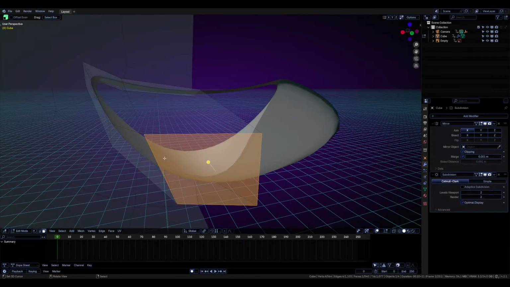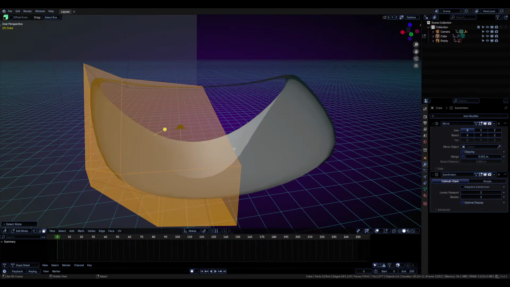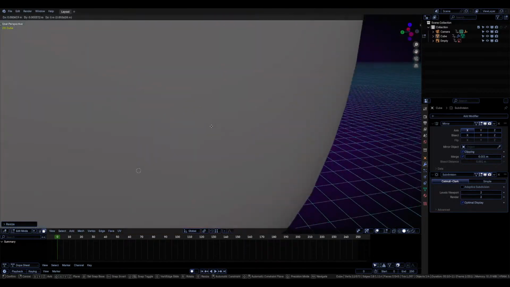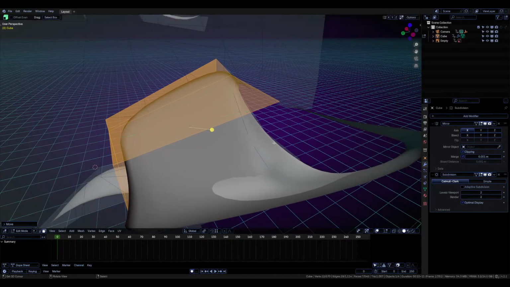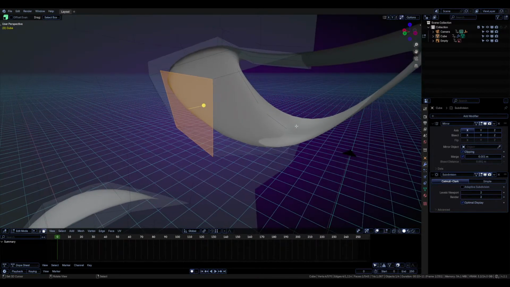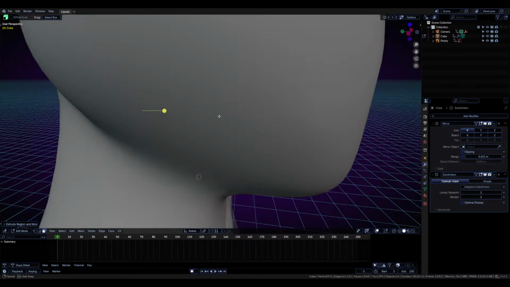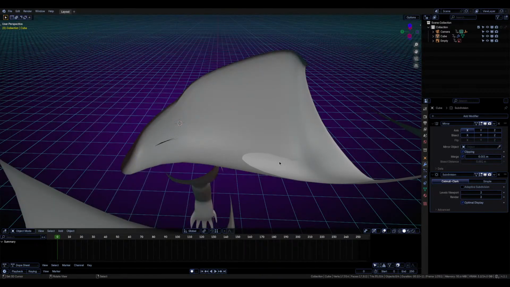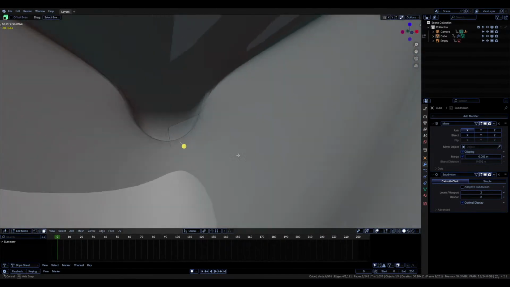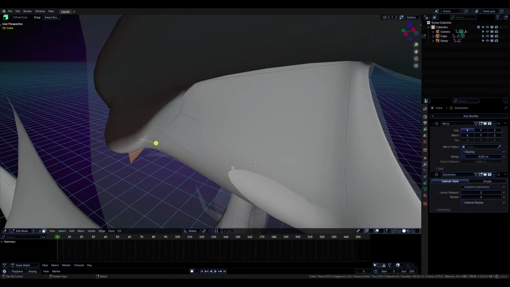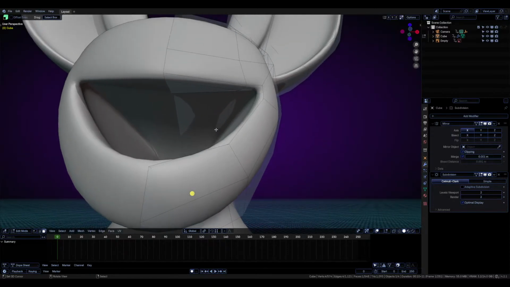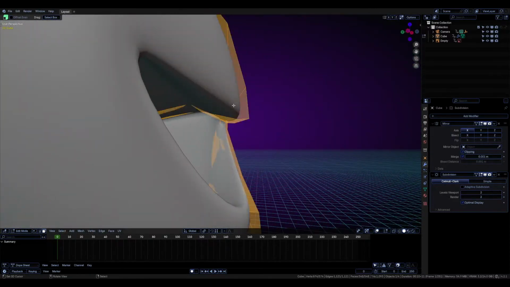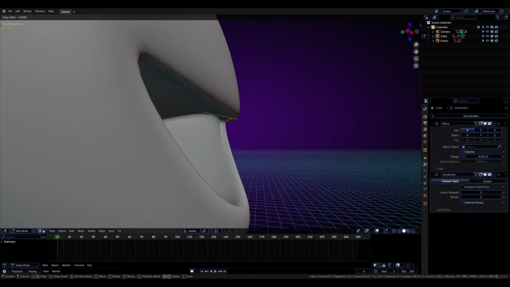Now take all this, extrude it up, move back. Now extrude this out and down right here. Okay. I think that will do it. Now all I gotta do is just drag that in,